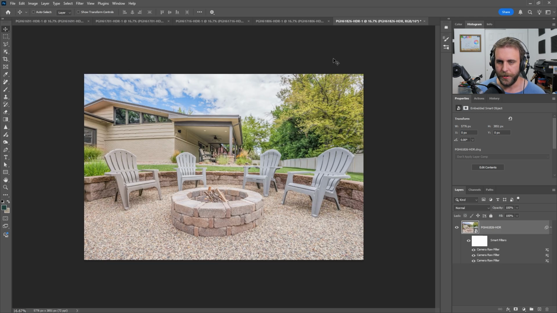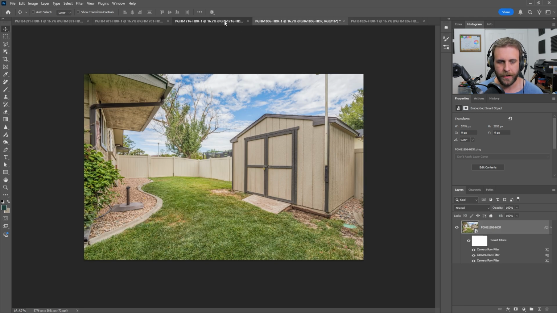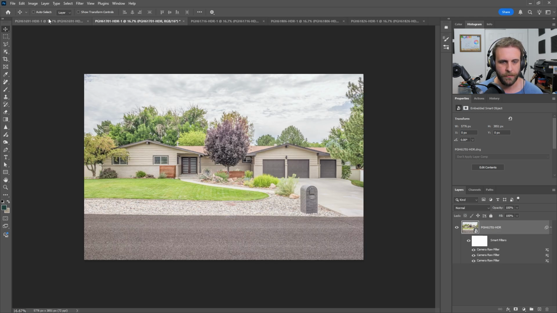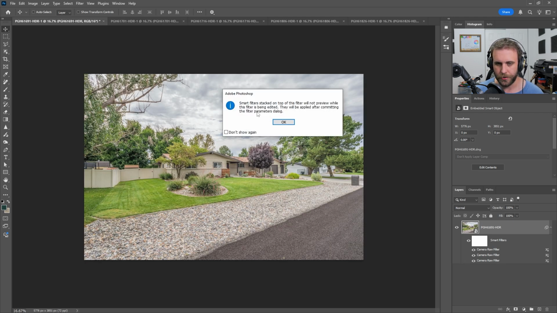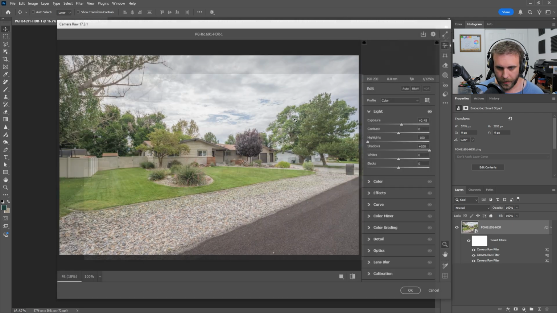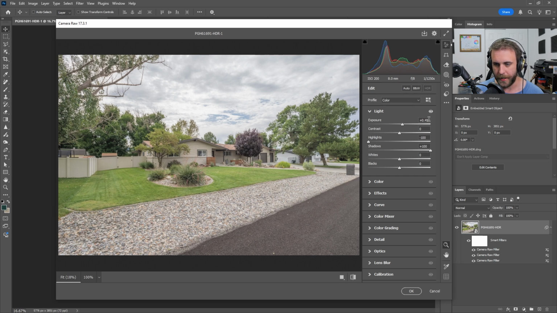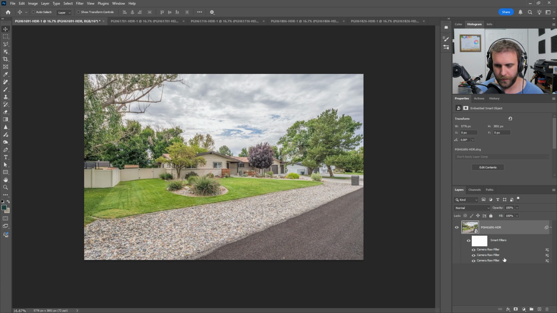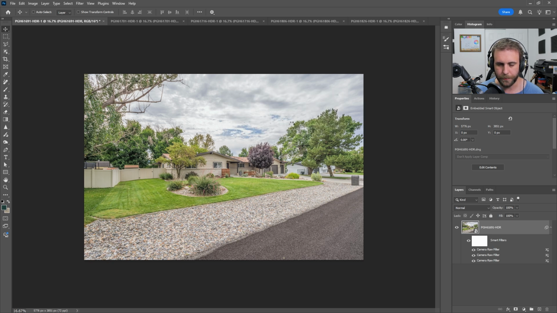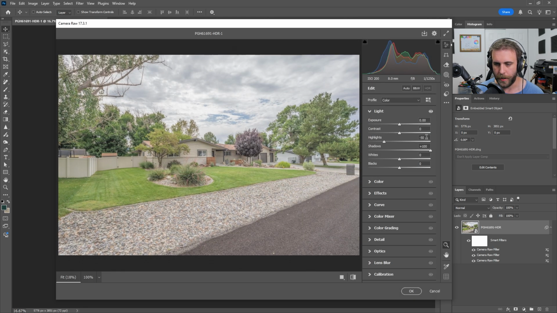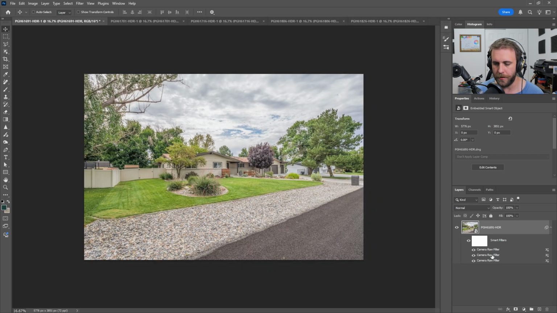Okay, so they have finished. And like I said, very similar action to the one I have in my video. The main thing that is different, I'll show you each one here. So the first action here is the same. Minus 100 highlights, plus 100 shadows, and then 0.45 exposure. And then the second one that gets applied, minus 50 highlights, plus 100 shadows, and then this